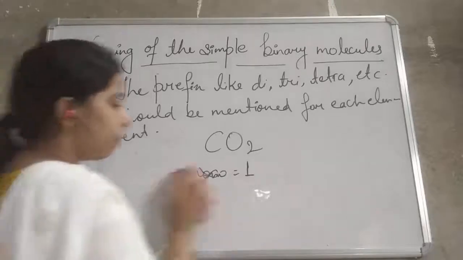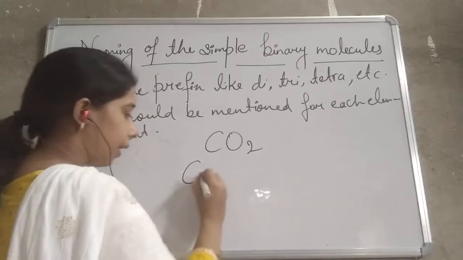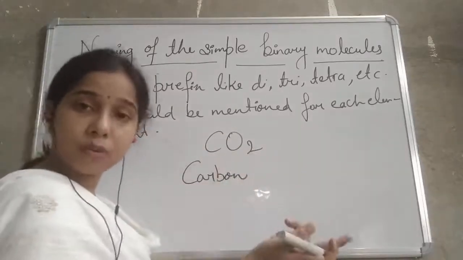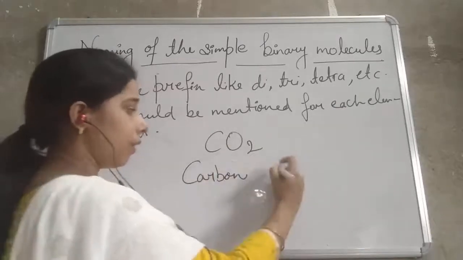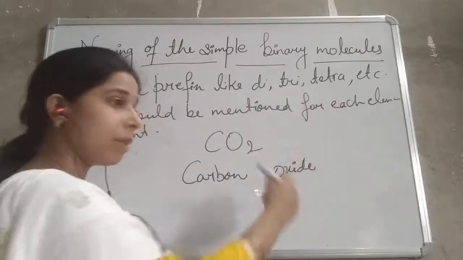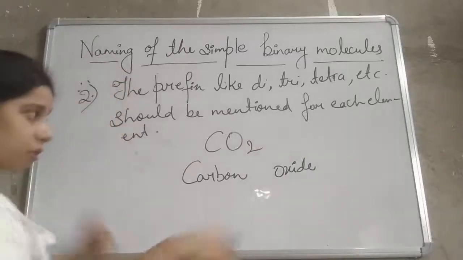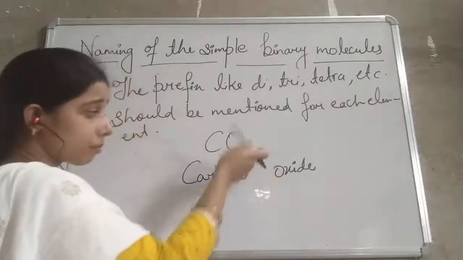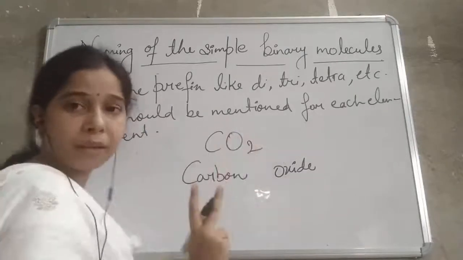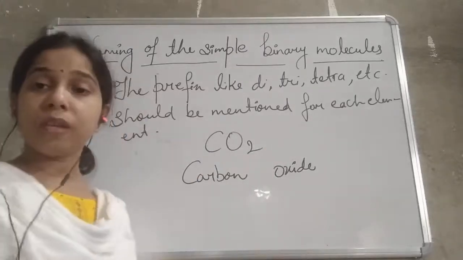Okay. So we will write carbon as such because the number of carbon atoms is one here. So we will write here carbon. Okay. Now the second element, you know, it is more electronegative. So electronegative it is there, so oxide. But prefix, we have to write the prefix, the thing which you write at first. So if suppose oxygen is there and this oxygen consists of 2 atoms students, so we have to write here di. So prefix is what? Which we will write at first.